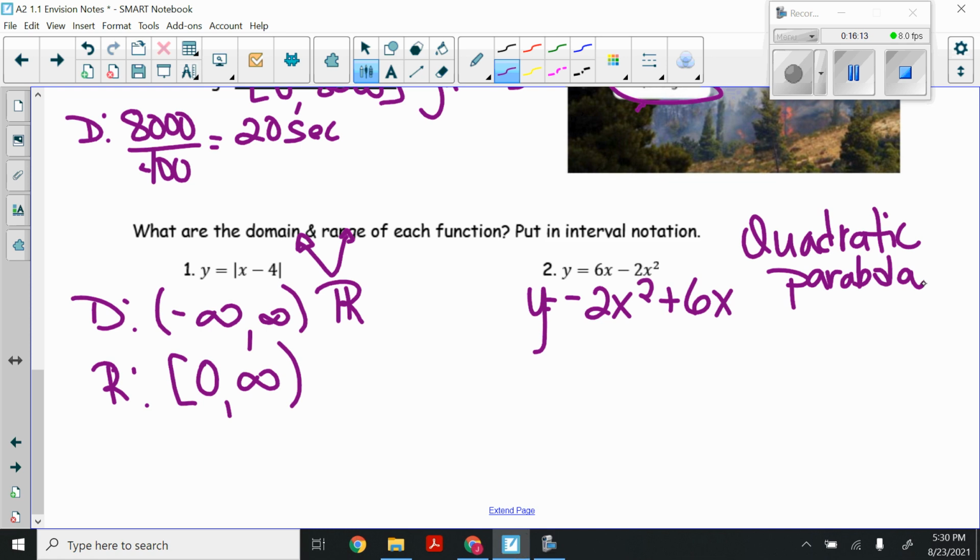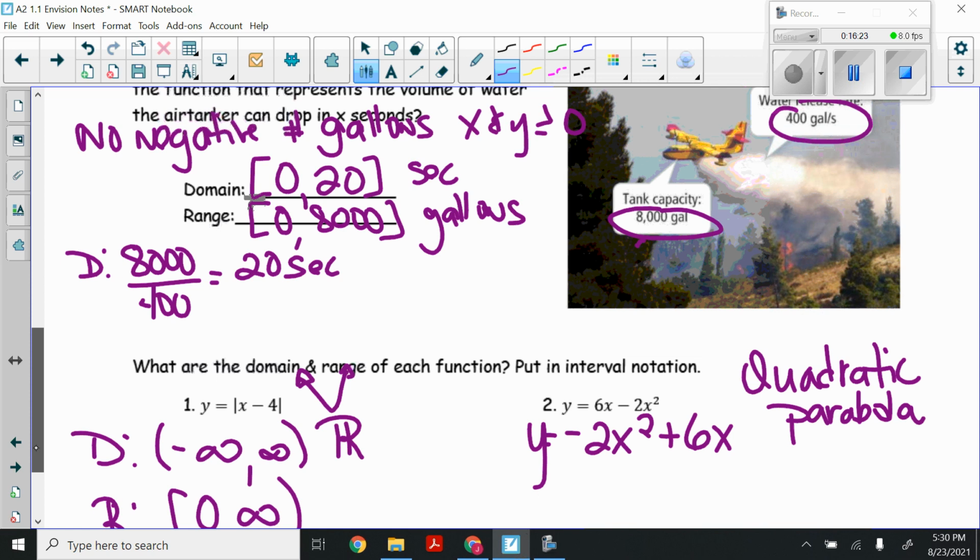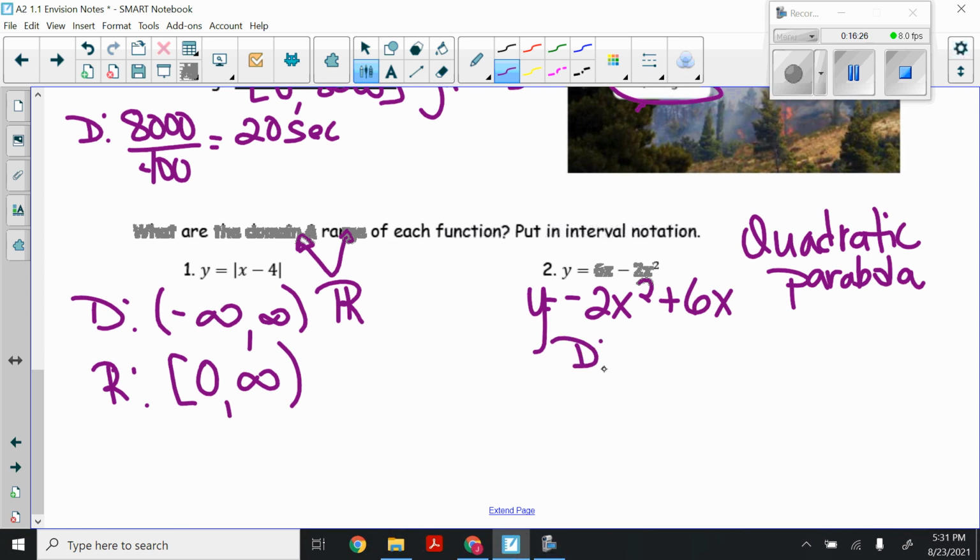If I want to find my domain, okay, a parabola, quadratic. Remember the U shape? We had one of those up here. What did we say? We can put anything in it that we want, right? We're not restricted. So my domain, what I'm putting in, all real numbers, negative infinity to positive infinity. My range,